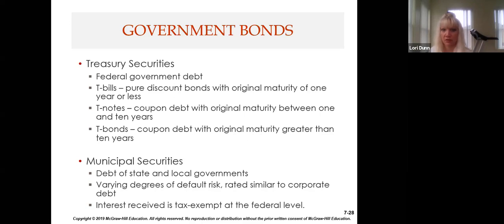Treasury notes. This is coupon debt with original maturity between 1 and 10 years. So now you're getting interest, and the maturity date. Coupon debt means you're receiving an interest payment. Remember, we said notes before. Bonds sometimes are referred to as notes if the maturity is less than 10 years. Treasury bonds, you're receiving interest payments, but the maturity is greater than 10 years. So they just differentiate those two types of government bonds as notes or bonds dependent on maturity. So the federal government is selling those,